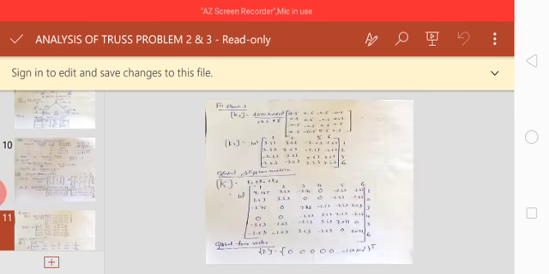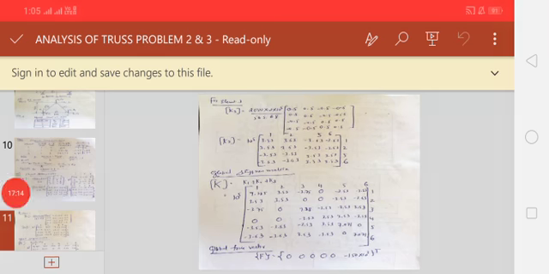Similarly, go for the third element. For the third element, again you put in the same formula, E by L. Here the area is common with the second element, that is 2000, and Young's modulus is common for all the members, 2 into 10 to the power of 5, and again you get the same effective length, that is 565.68. You put the values of L and M. L for the third element will be 0.707, and M will also be 0.707.